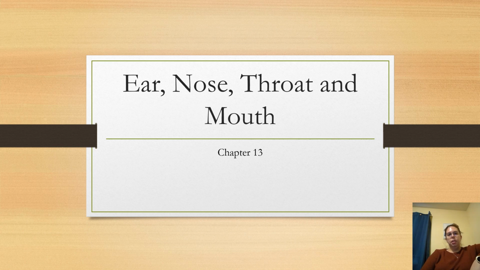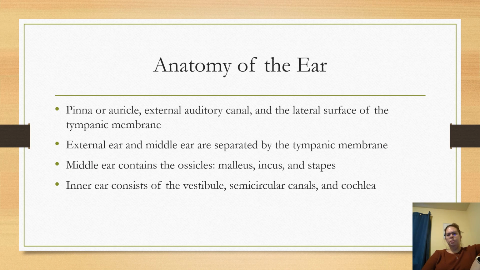Alrighty, chapter 13, ear, nose, throat, and mouth. Some of the anatomy of these structures is a little bit ridiculous, and your text goes into quite the detail. We won't be hard and fast about all the nitty gritties, but in general, it's important to know generally